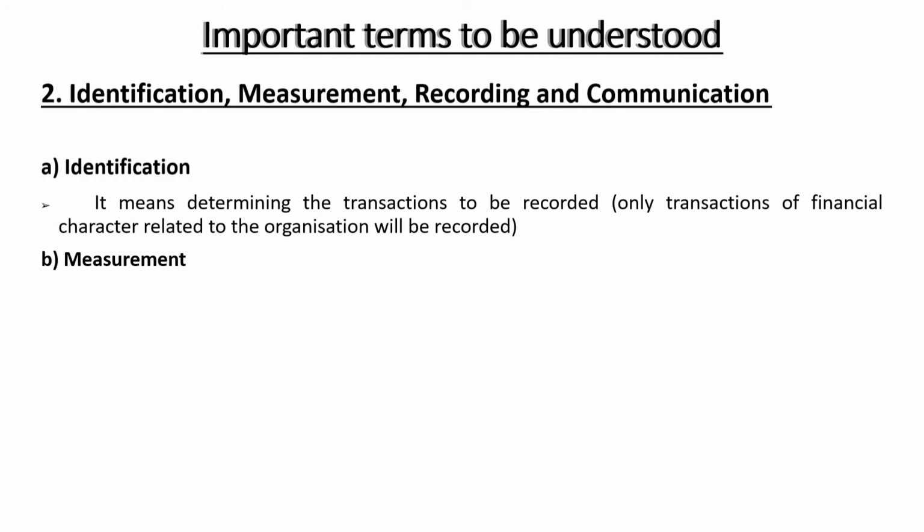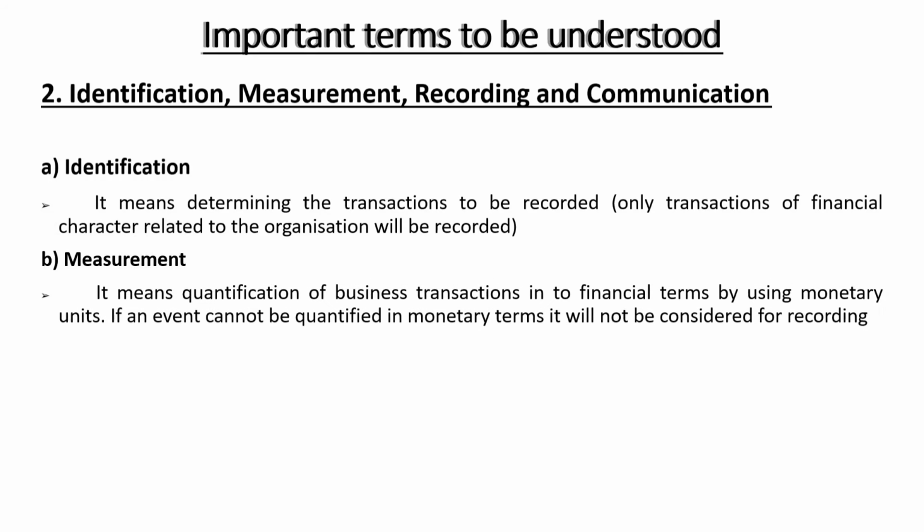Second one is measurement. It means the quantification of business transactions into financial terms by using monetary units. As we have already discussed, only the transactions which can be measured in terms of money will be recorded in the books of accounts. So after identification of a transaction, that transaction has to be quantified in terms of money for recording into the books